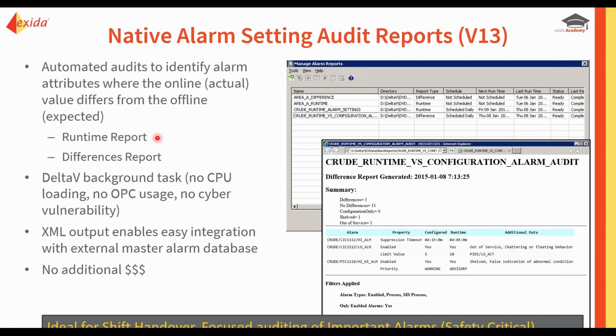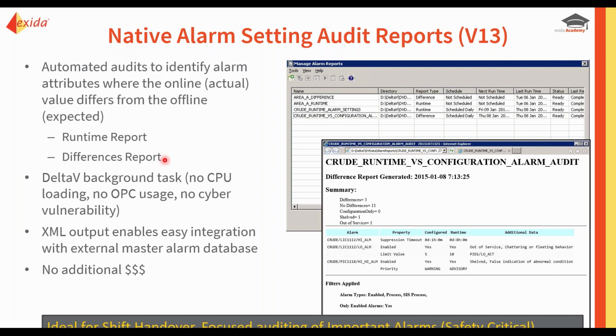The first is called a runtime report, which is really a snapshot of key alarm attribute values at a point in time from the online configuration. The second report is called a differences report. It's essentially a comparison of online versus offline alarm attributes and identification of differences. So for that to work and be meaningful, your offline alarm configuration should truly represent your benchmark, and that would best come after you've done